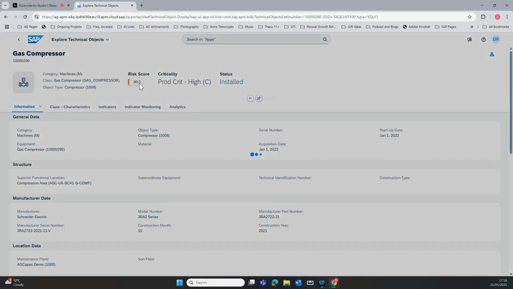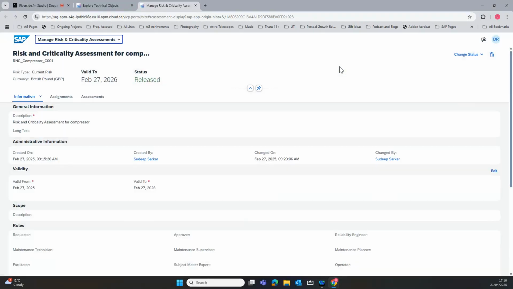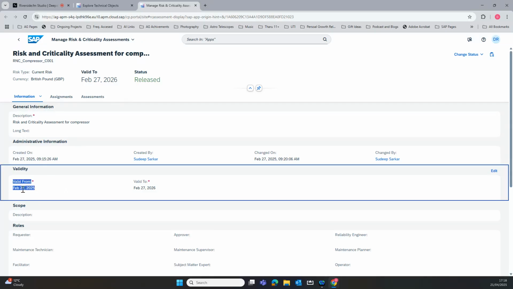Now if I click to open this, it will allow me to see where this risk score comes from. That comes from a process called Criticality Assessment, which organizations carry out to establish how critical this piece of equipment is to the day-to-day operations. So this is the criticality assessment carried out for this particular equipment, and that's the one applicable at this stage. You see that this has been carried out on February 27th, 2025 and valid till